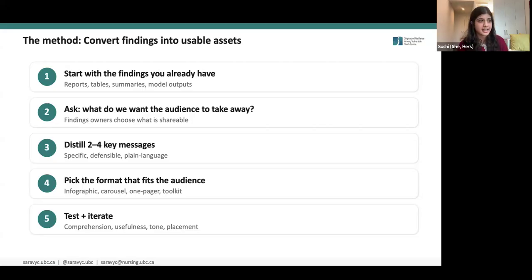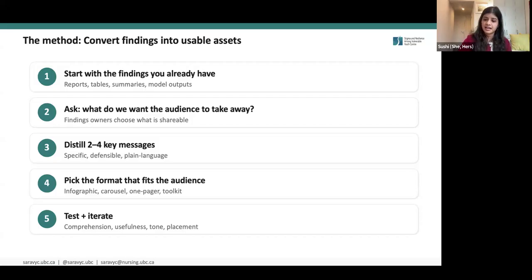So let's say that I want to create a one-pager or a toolkit from the data I have. Pick the format that resonates with your audience the most. And then the last step is to test and iterate. Make sure that the tone is right, the placement is right. You'll be creating a number of drafts. And in my case, I go back to my team and say, is this what you were hoping to get out of me?